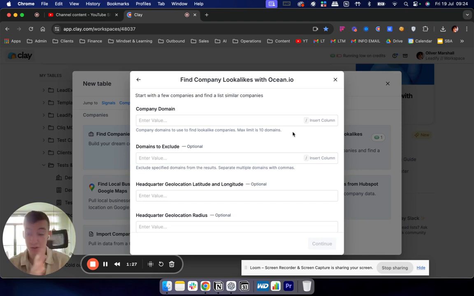But within Ocean, we can push it directly into Clay, and then we can enrich, we can find the decision makers, all that kind of stuff. That's all for a separate video. But the main thing here is I just want to show you the basic functionality of how this would work. So